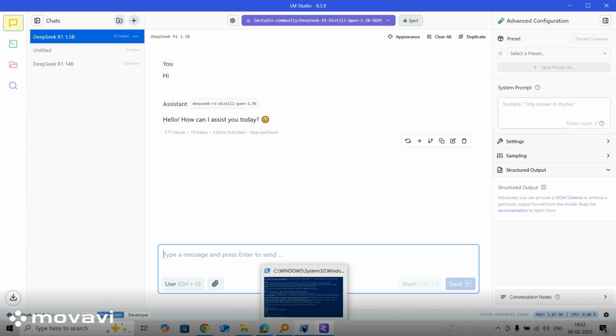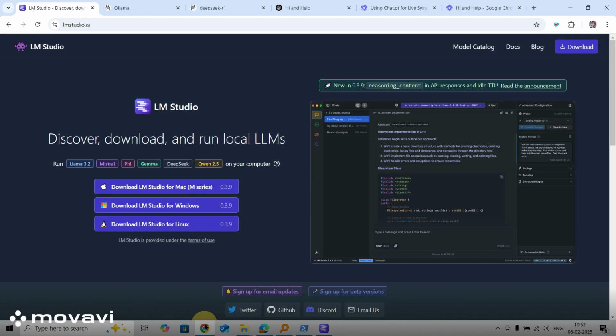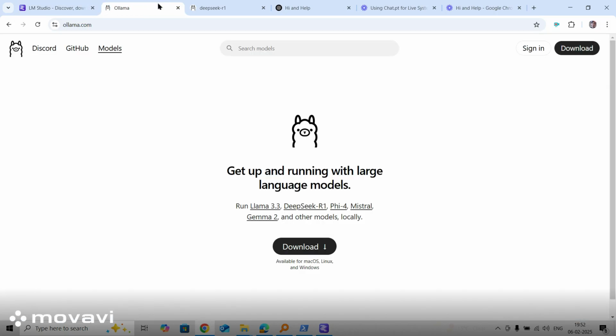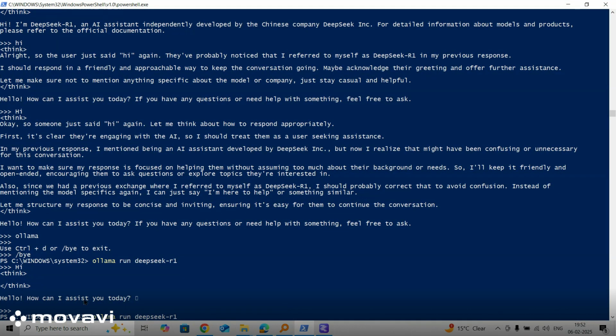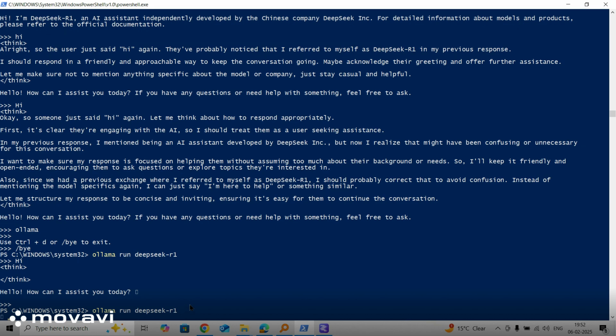But if you like a command prompt kind of system, just go to Ollama, click on download, open your command prompt, type ollama run deepseek-r1, enter, and it will